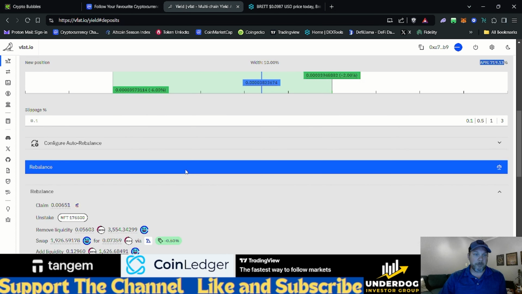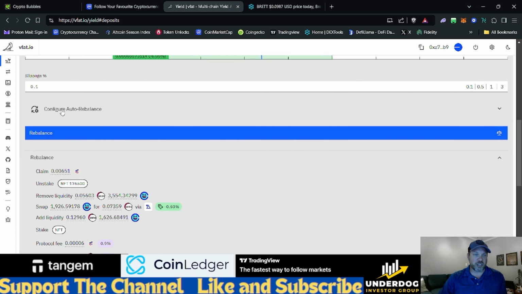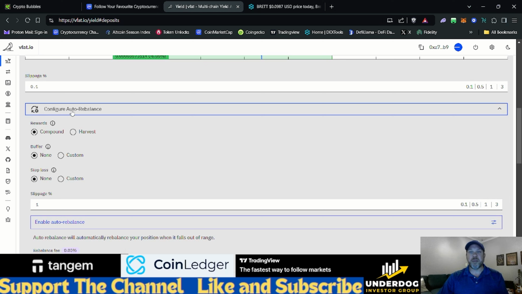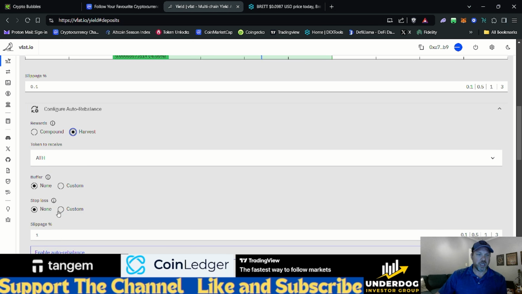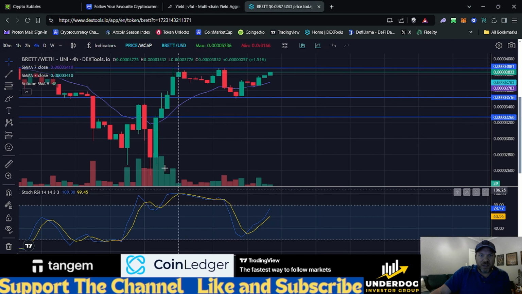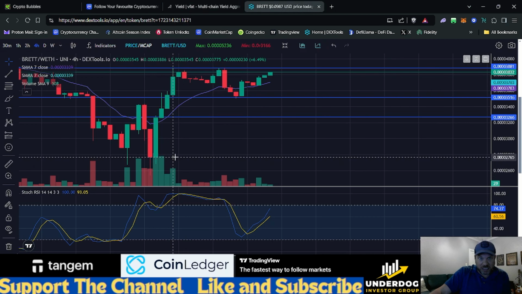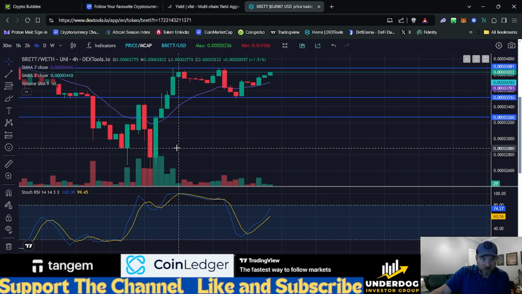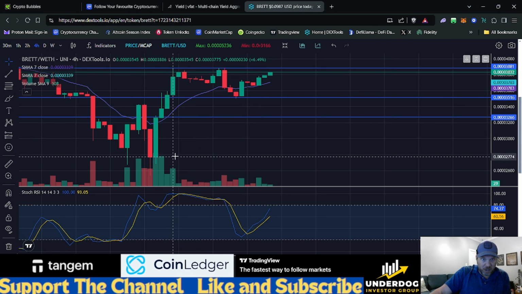What I'm going to do now is make sure my auto rebalance is configured. First, I don't want to compound my rewards. I want to harvest my rewards. I also, with really volatile positions like this, you may want to consider putting in a stop loss. Looking at this chart, I am going to put a stop loss in way down here, almost where we were at